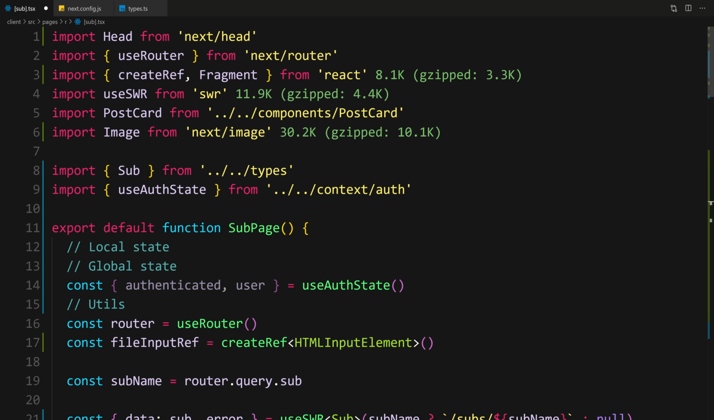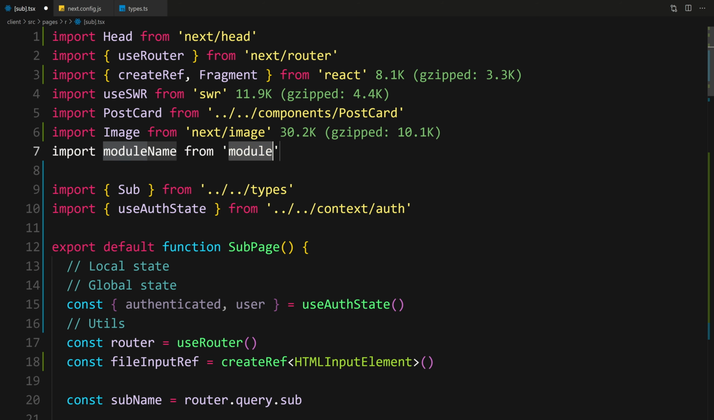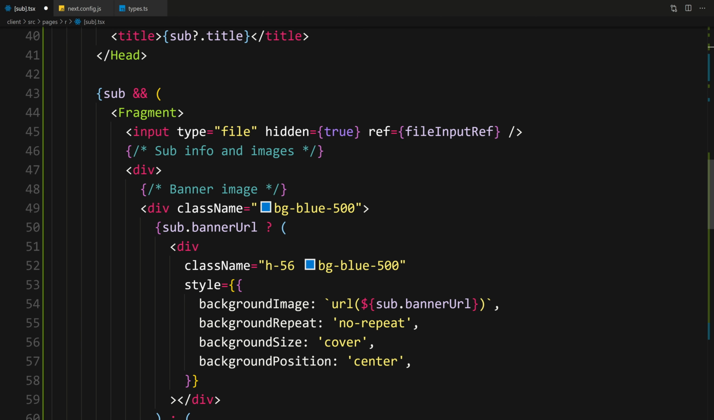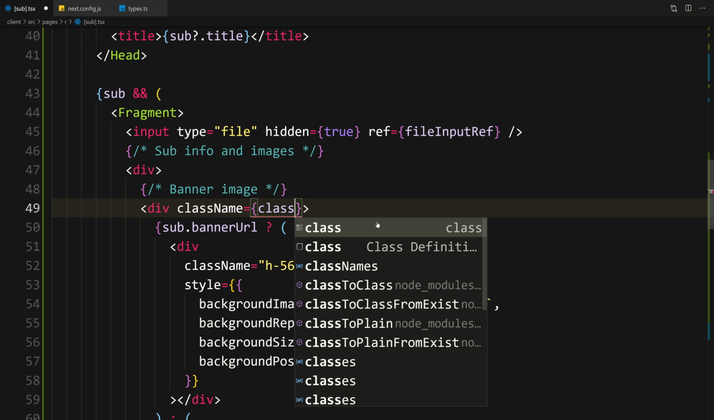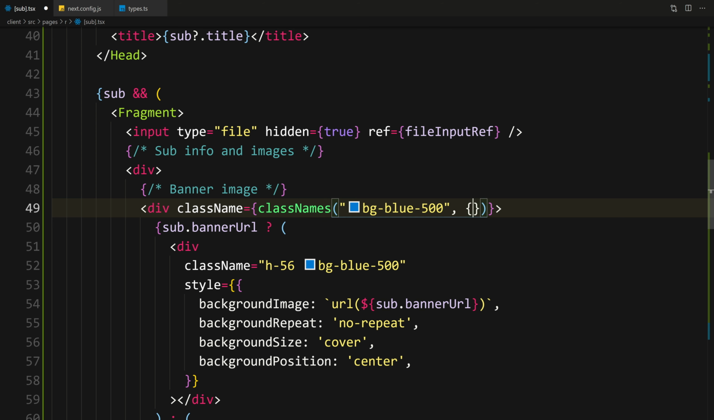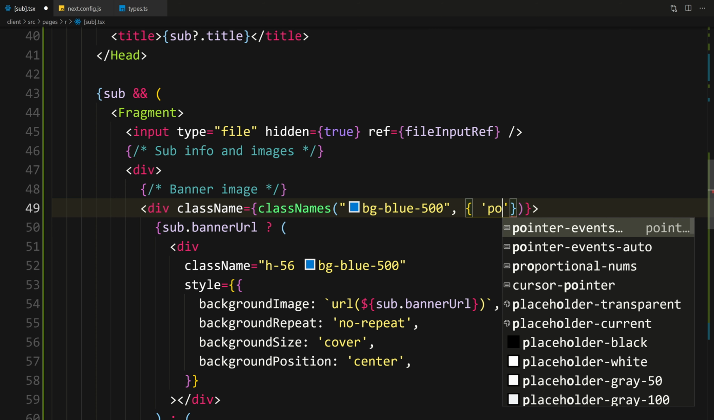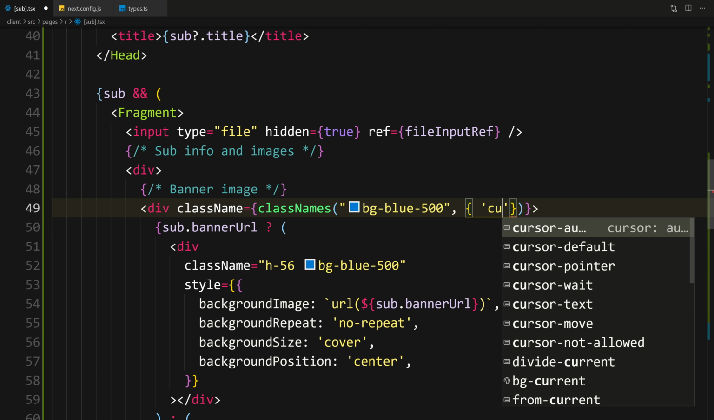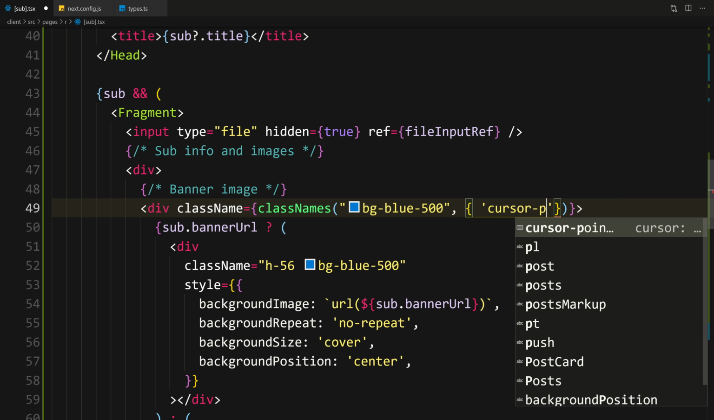So actually, let's import classnames. Here I'll say import classNames from classnames. And let's go back down. Here I'm going to use classNames. Let's remove this for a sec and say classNames, and pass that, and then here we'll pass cursor-pointer,